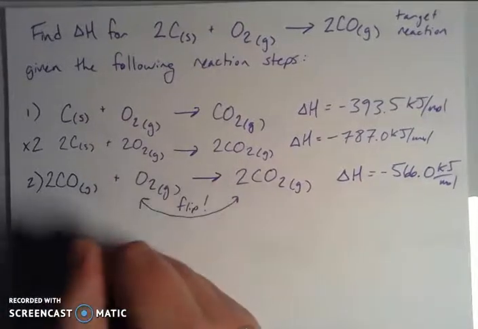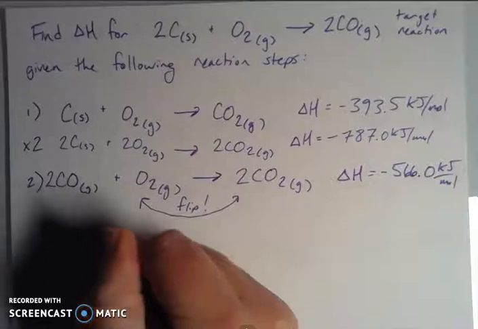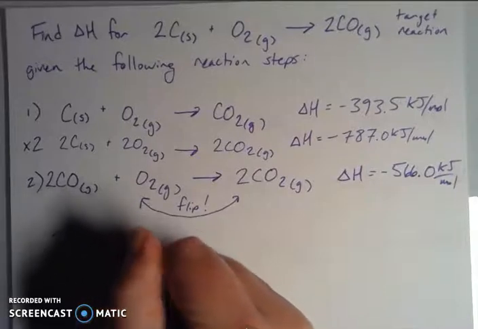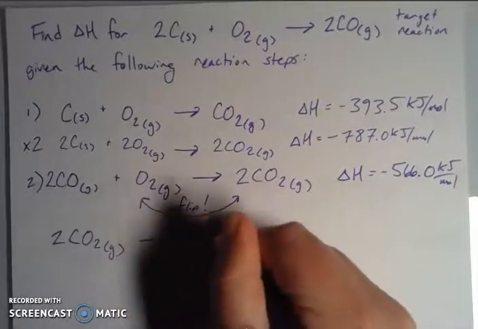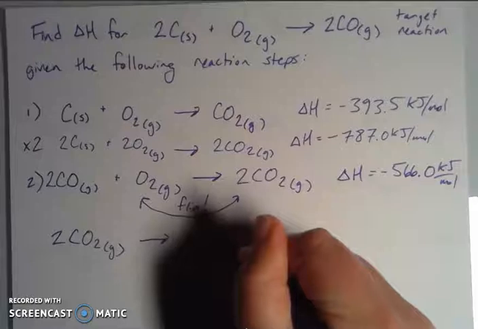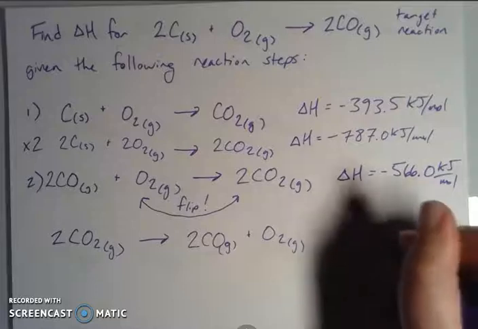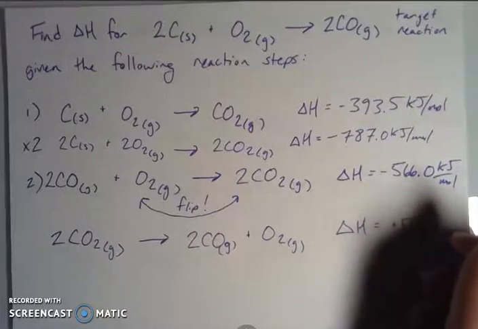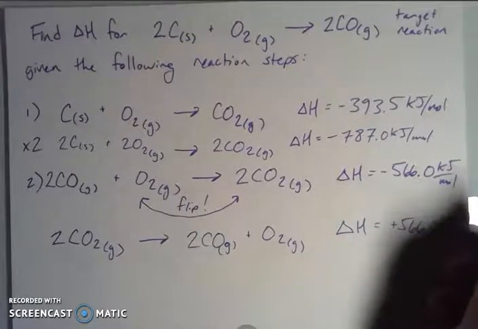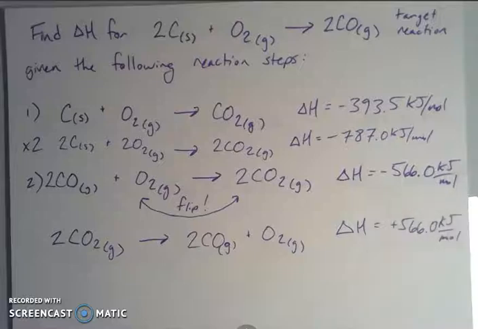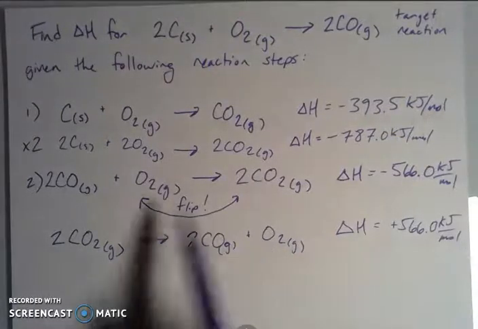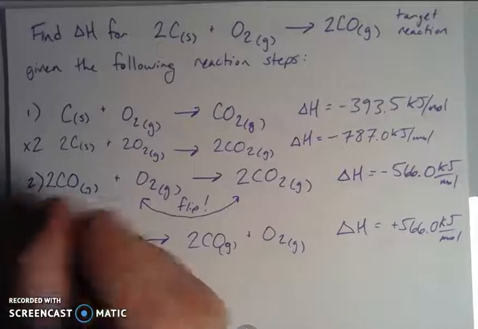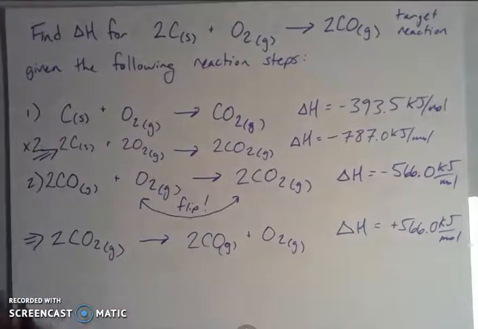So when I do that, it gives me 2 of my carbon dioxides on this side, which gives me 2 carbon monoxides and an oxygen. And what I do to my delta H then is to flip the sign. All right. Now when I look at these, so I've flipped this reaction and now I'm looking at this reaction and this reaction. If I add them together,